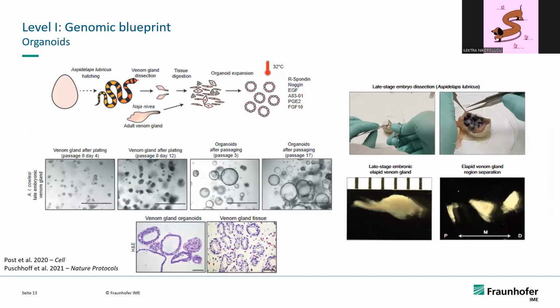And just a couple of years ago, luckily, the first study describing the establishment of snake venom gland organoids has been published. As I said earlier, the study started by extracting venom gland tissue from embryonal snakes. In this case, it was Cape coral cobras, Aspidelaps lubricus. And these venom glands that were dissected were then digested into tiny cell fragments, and from there, over different stages and addition of different growth factors, really biosynthetically active